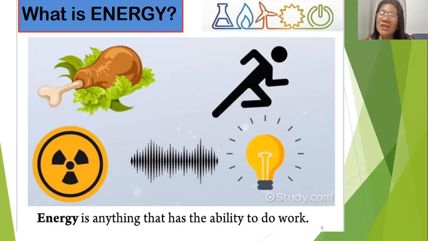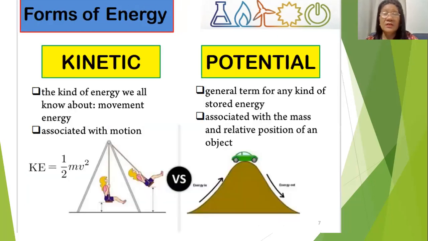So energy is taken from what? From the food intake that we have. And this is being produced if we walk or work. That is what energy is. It is the capacity of doing something. The general forms of energy are based on two types: the kinetic, from the Greek word meaning move, and then potential, meaning it is stored.